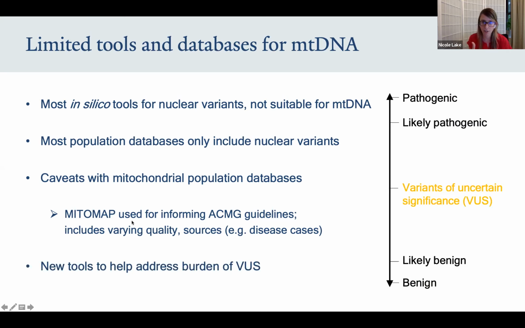So I think it's the experience of many that we're finding that many variants that we find in patients are ultimately falling out as being variants of uncertain significance. So there's just not enough evidence available out there to confidently assign pathogenic or benign status. And so really, I think many others agree that we need some tool development to help catch the mitochondria up to where the nuclear genome is and to help address resolving this burden of uncertain significance.